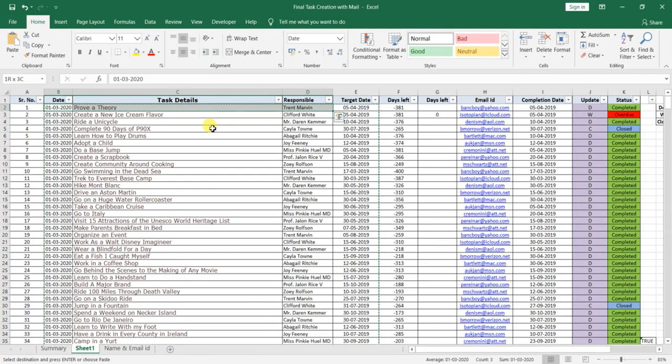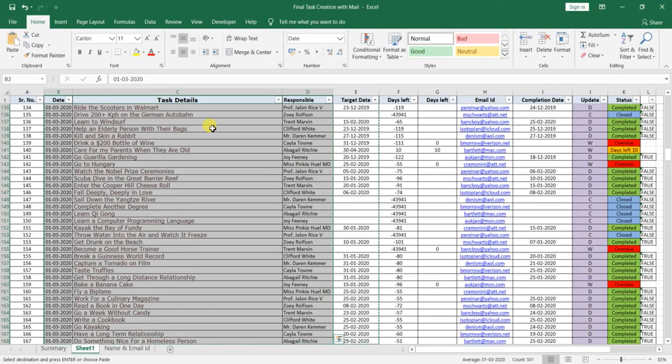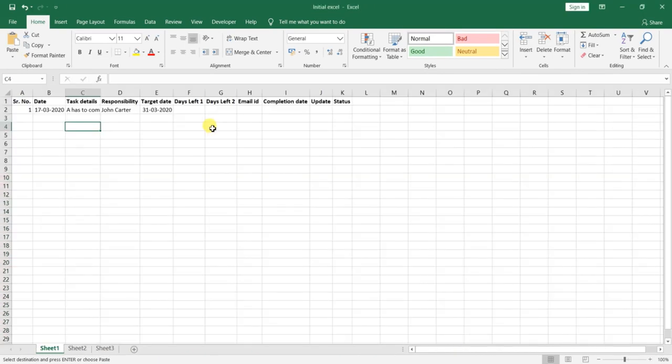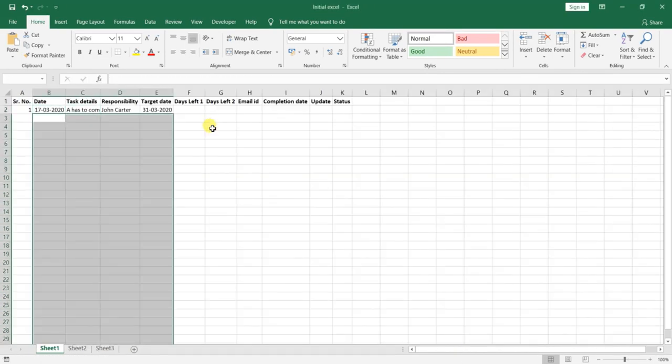If you want to go down a row, you can press the down key, but if you want to go till the end, you can press the Control button. It will automatically select. Now the target date on the right side is left, so again press Shift and select this column. Then Control C to copy. I am taking this ready data and pasting it.